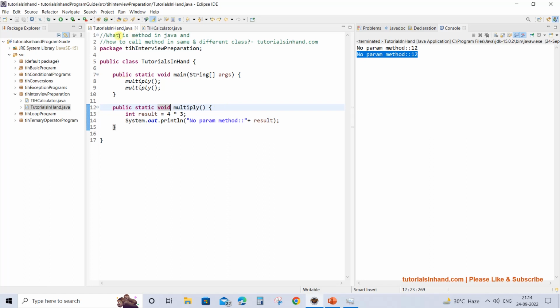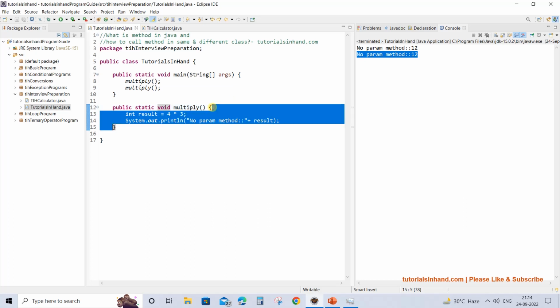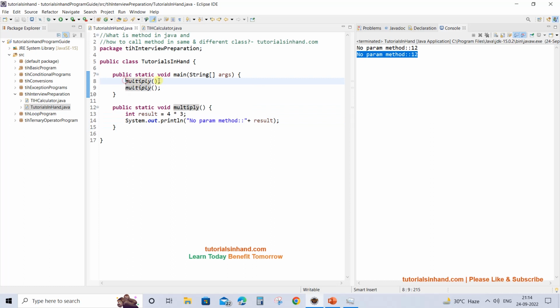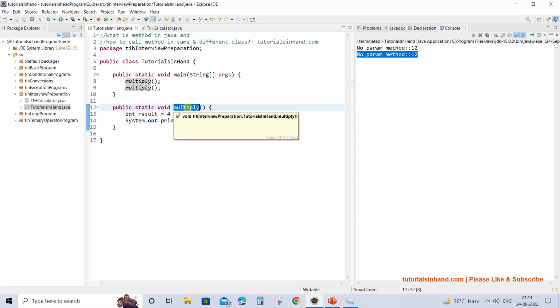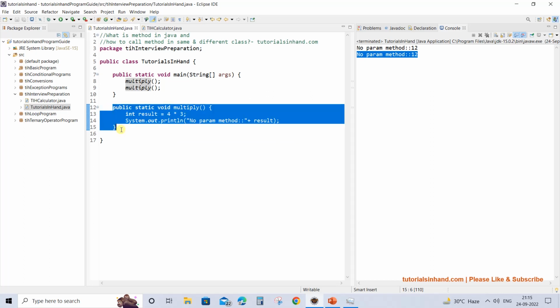So now if you want to define a method, you are now aware that a method is a block or a set of statements that perform some productive tasks, and it can be called any number of times. And another thing is, if you name your method properly, then just by seeing the name of the method, we can easily understand what this particular method does or what is the purpose of this particular method, right? So these are the advantages of methods as well.